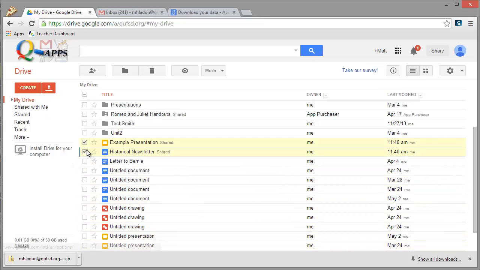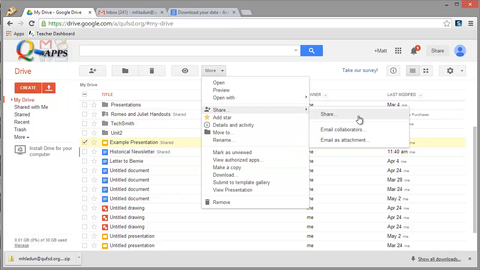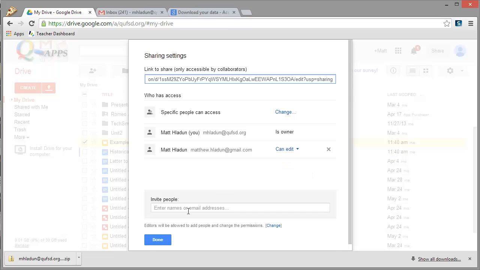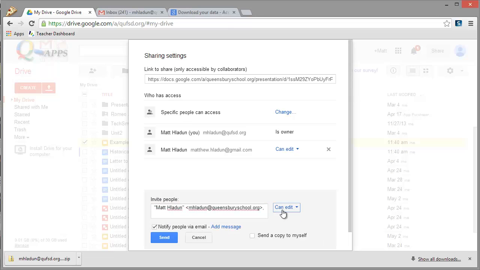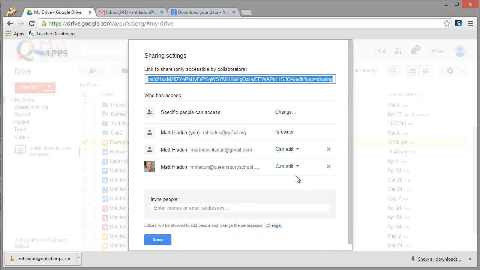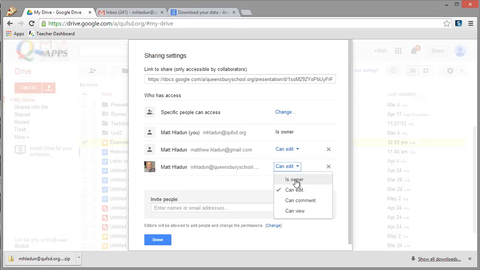So now, if you remember earlier, we looked at how we could share a file with our personal account. What I could also choose to do is share this with someone in district. So I can just type in a different user. Okay, so this is actually a different user that I have. And when I choose to share it with them, I need to share it first. Okay, and once I share it, now I can go to this person and I can make them the owner